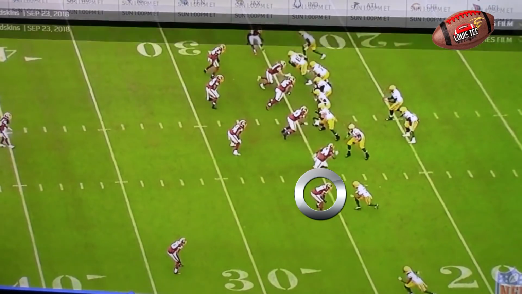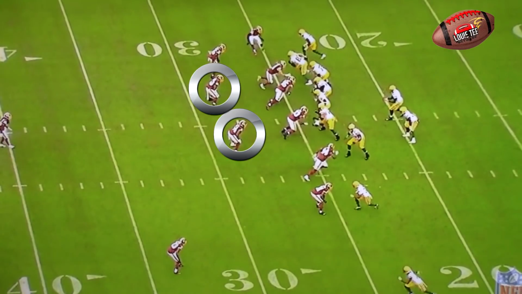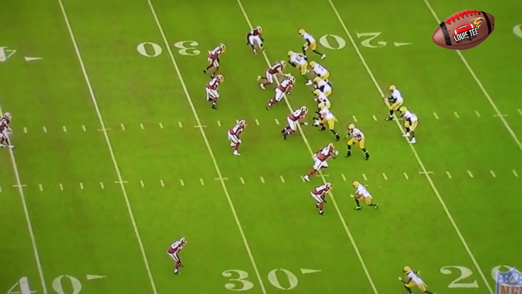So Fabian Moreau is going to, along with the 2 linebackers in the middle of the field, Zach Brown and Mason Foster, they're all going to be zone or pattern matching. And all that means is when a guy is in your zone, you just run with him until he is no longer in your zone. Fabian Moreau pretty much is playing man on this particular play as he'll be running with that receiver